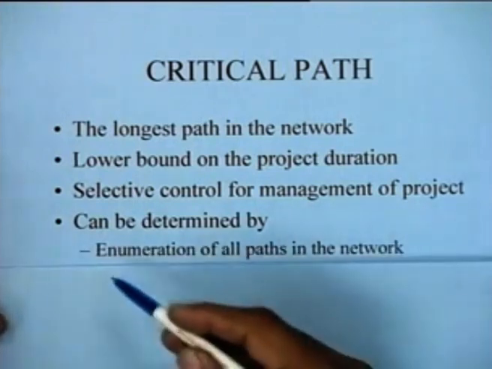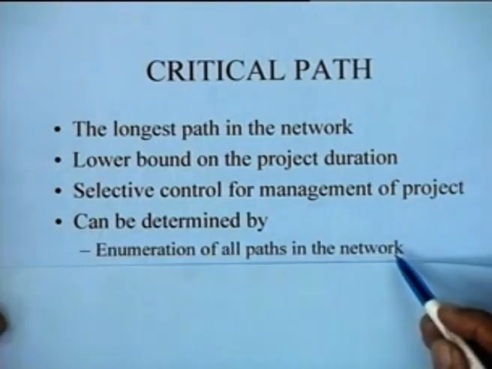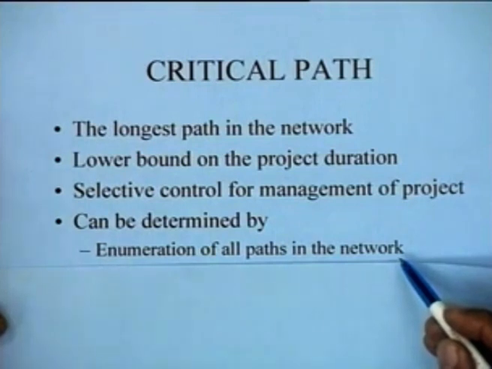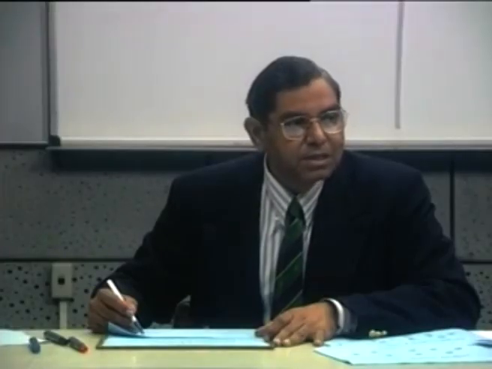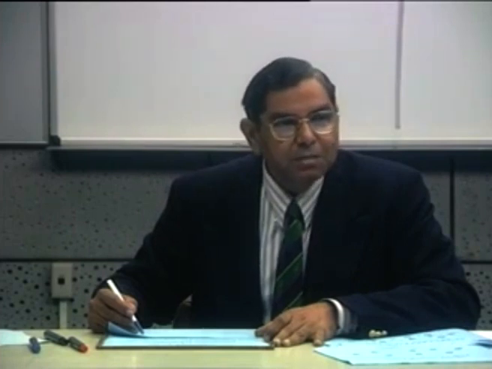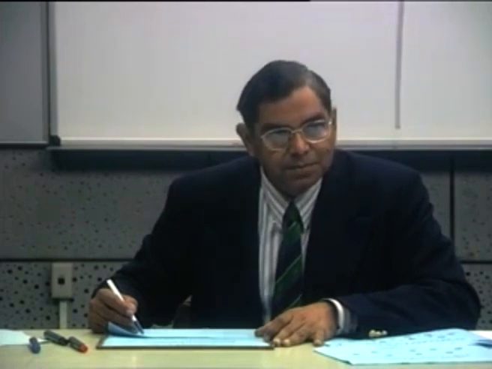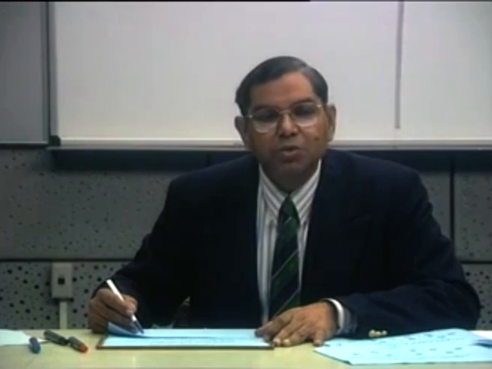One of the simplest methods, or a naive method, for determining the critical path is by enumeration of all the paths in the network, and this would give you not only the longest path, but the next longest path and all the paths in the project network. And there could be many applications in project network analysis where one might be interested in not only the critical path, but the subcritical paths. For instance, when one is doing project crashing,